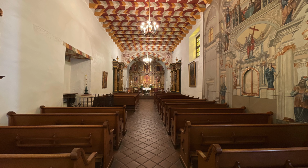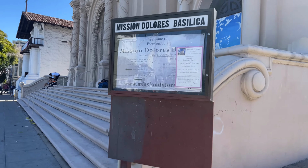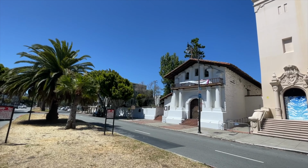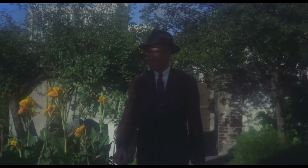This is the oldest still intact building in San Francisco. Construction began way back in 1776. Can you believe it? The Mission is open for tours from 9 to 4. Don't miss it. You'll get your best shot of the Old Mission from the Meridian across the street. And don't forget to check out the cemetery out back, which was used by Alfred Hitchcock in his love letter